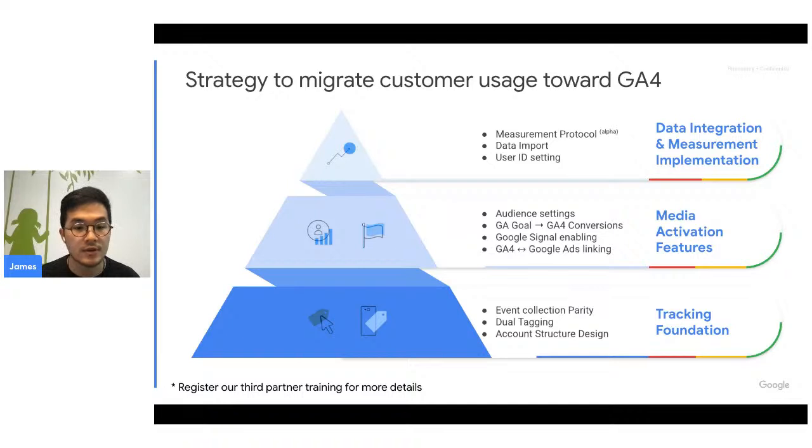So we actually have some guidelines on account structure design. How we can design a proper structure for our customers so that they can understand, if they are going to purchase GA360 in the future, how they are going to benefit their existing setup to migrate to the enterprise version, enterprise features. We also have those guidelines in our help center, and at the end of November, when it comes to the tech details, we are also going to introduce a little bit about the account structure